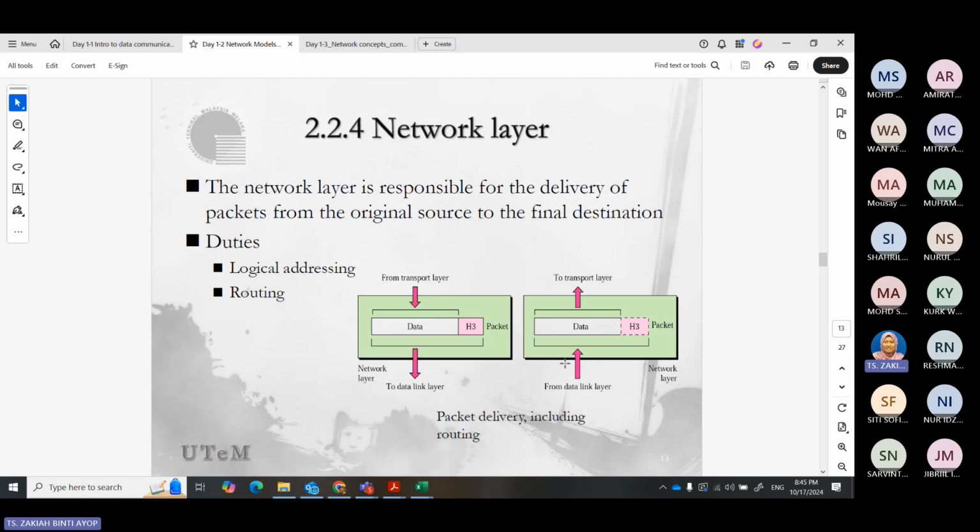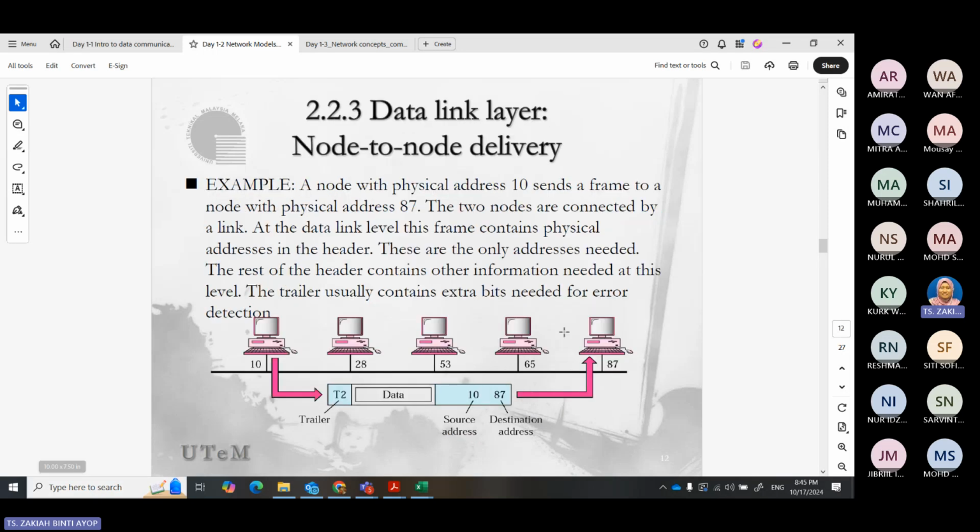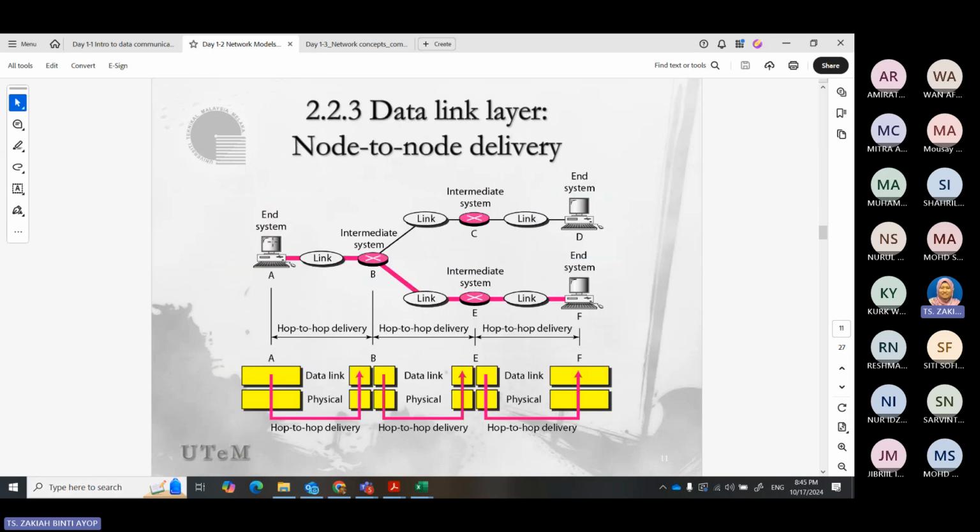Network layer. Network layer performs routing. It's responsible for the delivery of packets from the original source to the final destination. So in this case, the final destination is something like this: this is the start, this is the end.